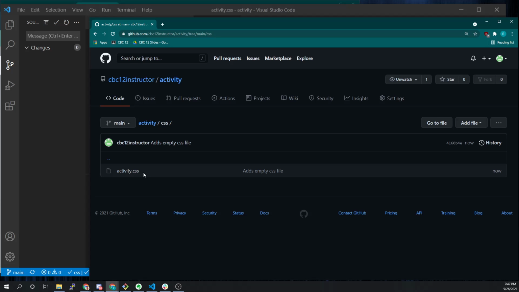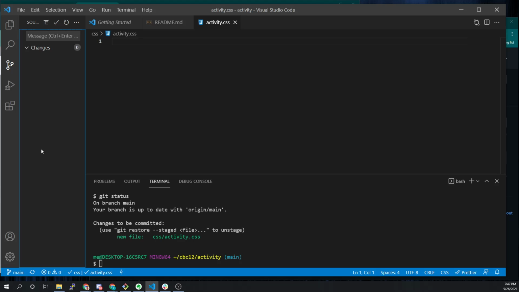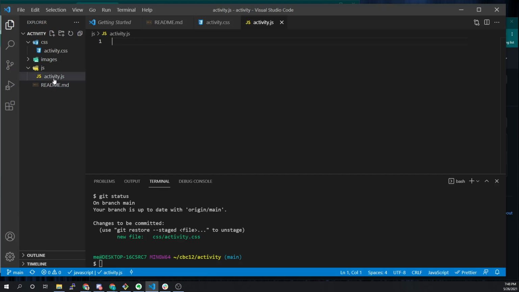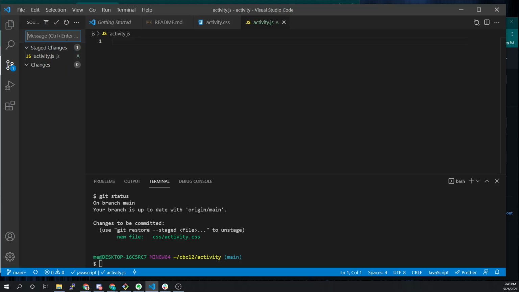By default, Git doesn't care at all about folders, and the only time it's going to start talking about a folder is the very first time you put a file in there. Obviously, if we're doing brand new development like this, most of the time I'm going to have 10, 15 files that I've already created, or at least templates of, before I check those into version control. A great example: I know I'm going to want a JavaScript file at some point, so I'm going to make activity.js, and this is a blank file. There's absolutely nothing in here, but I'm still going to check it in and say adds empty JavaScript file